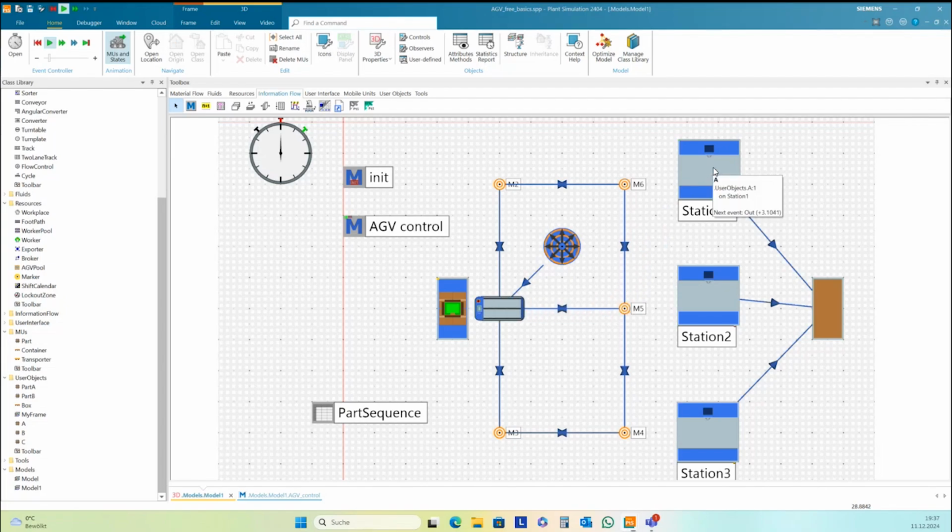Part A is going to station 1. Part B to station 2, and then two times C to station 3.